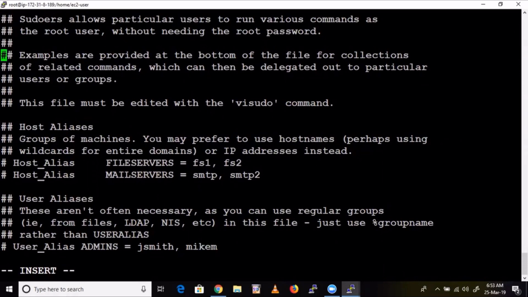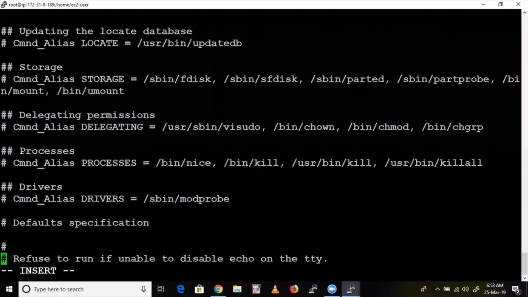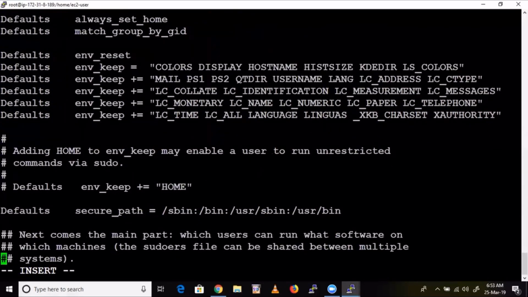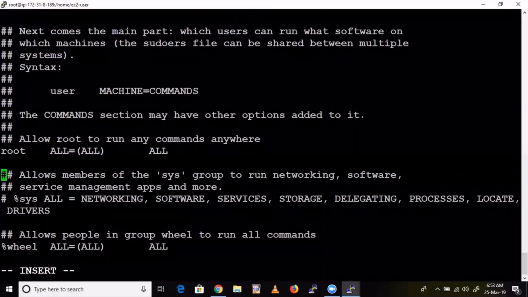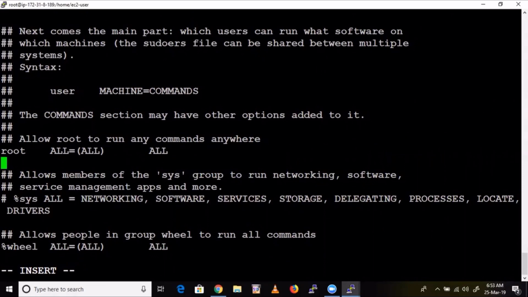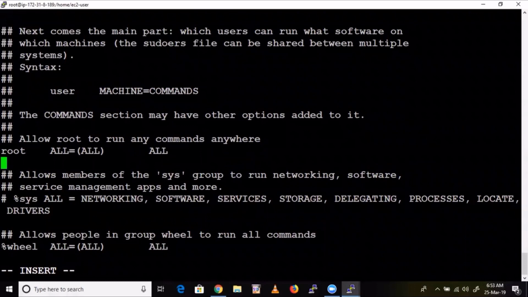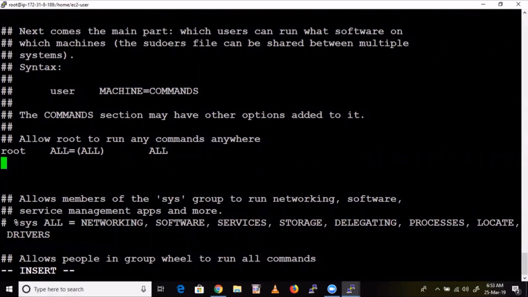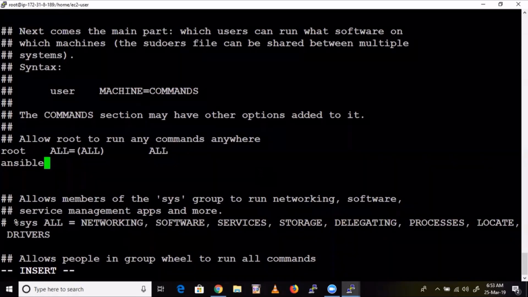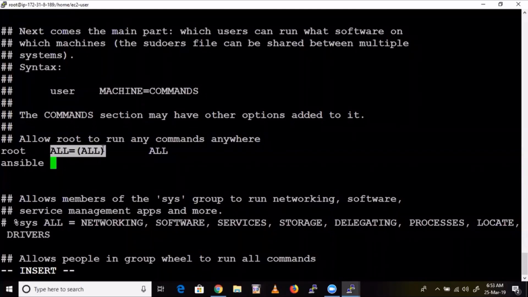Now you come down here and you will find root somewhere. See here, you can select root. This is the place where you mention the names of the users who will get sudo privileges. So take some space here. Under root, you need to mention something like this. Here, the Ansible username, you need the username first, and here the same thing again. ALL=(ALL), in capital letters. Give a space here.